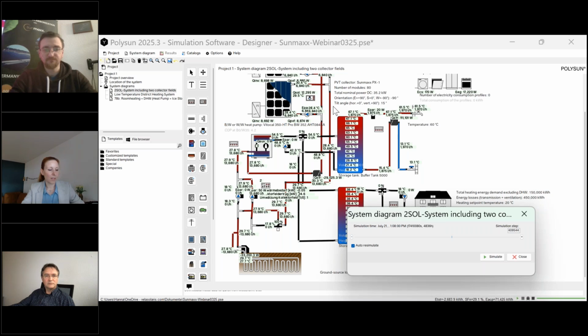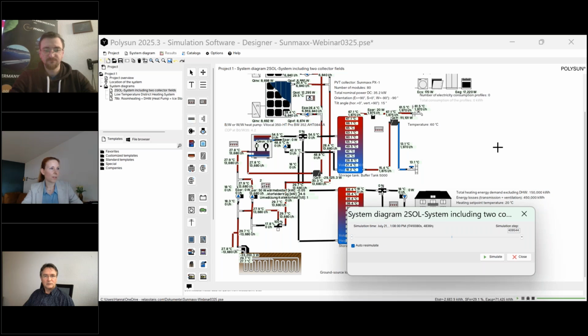And you can use the system comparison, which is a function of Polysun, to compare a system where you have only PV and your ground source loop heat pump to a PVT system, and you will see the better efficiency of these modules.